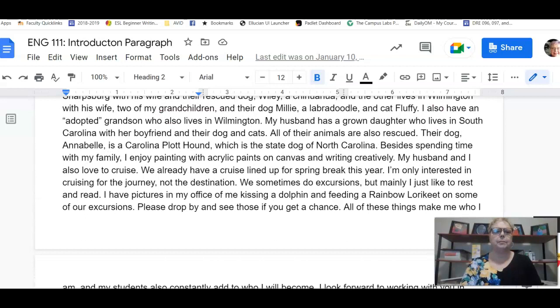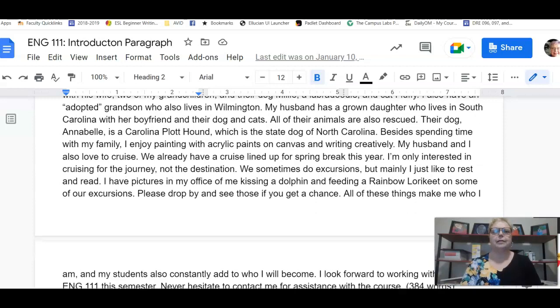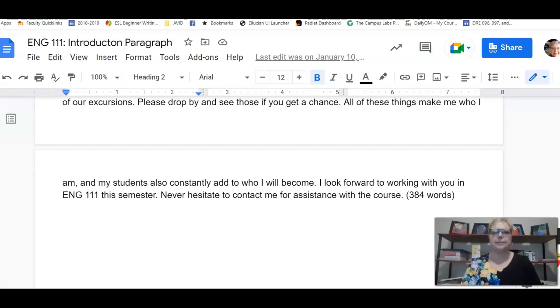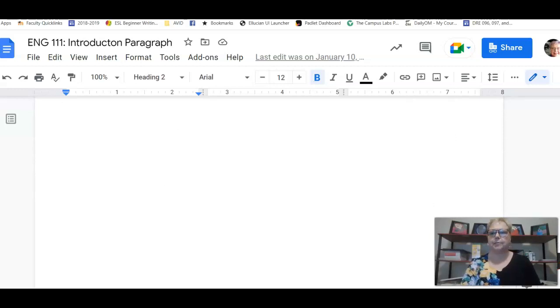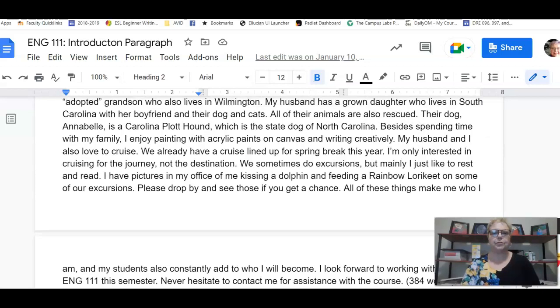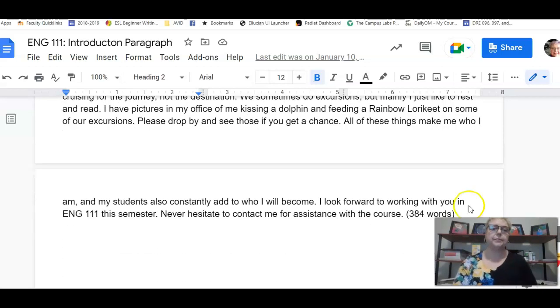Oops, I need to update my sample paragraph, because I've got my husband's daughter on here living with her boyfriend, and she got married this spring semester. So she's not living with her boyfriend, she's living with her husband now. But they do have a rescued dog also. So anyway,